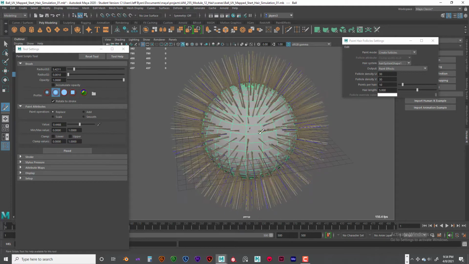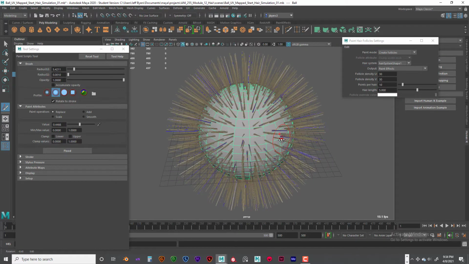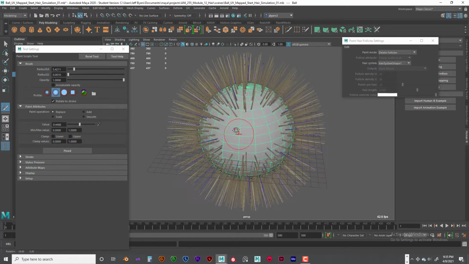I'm going to be able to get on there. Okay, so that looks a lot better. And so if I want to delete follicles, I just go to delete follicles and do the same thing, and you can see how fast that is. Now let me Control Z back,